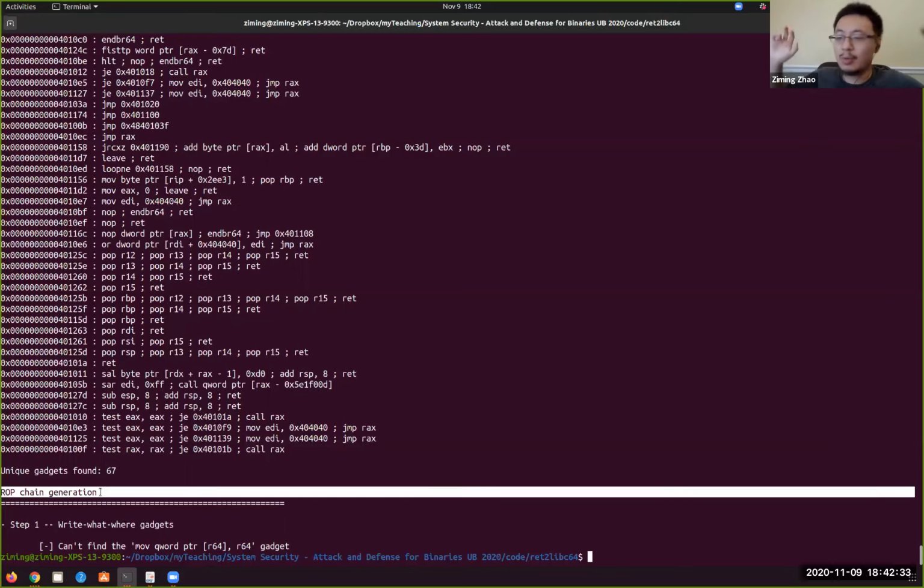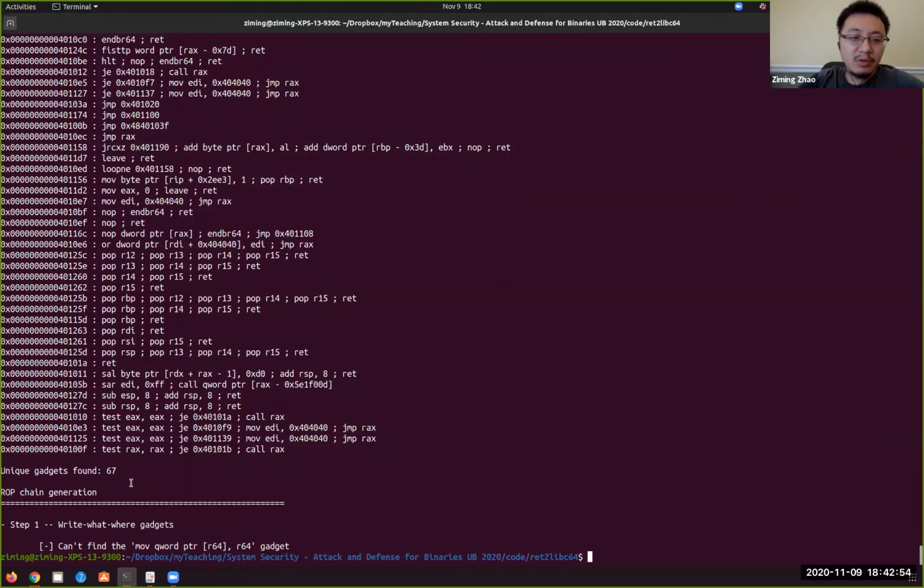They just call it ROP chain, but this is a specific ROP chain that gives you a shell. It's basically setting up those registers, RDI, RSI, as we did before, then doing a system call to give you the shell. So they are going to do the exact same. However, we only have 67 gadgets here, and this tool is not able to generate that exploit for us